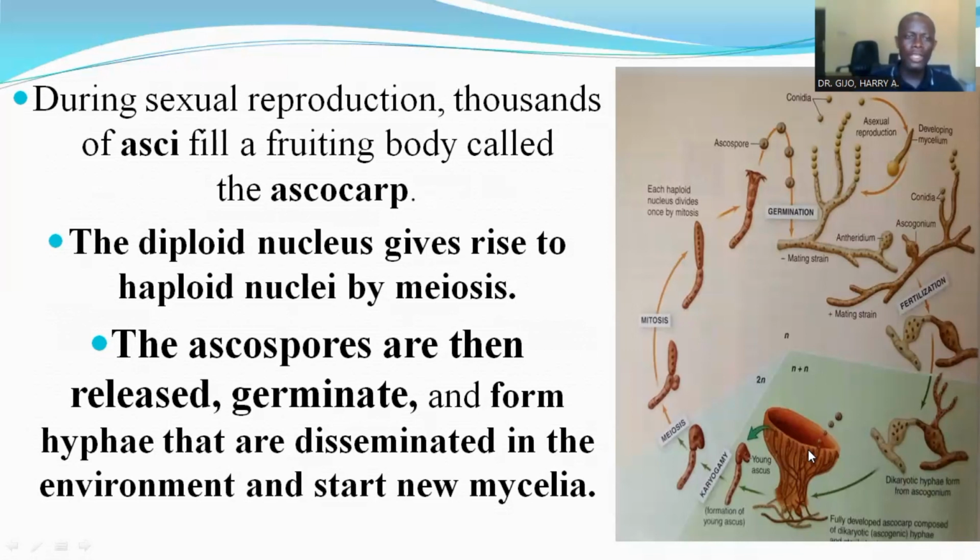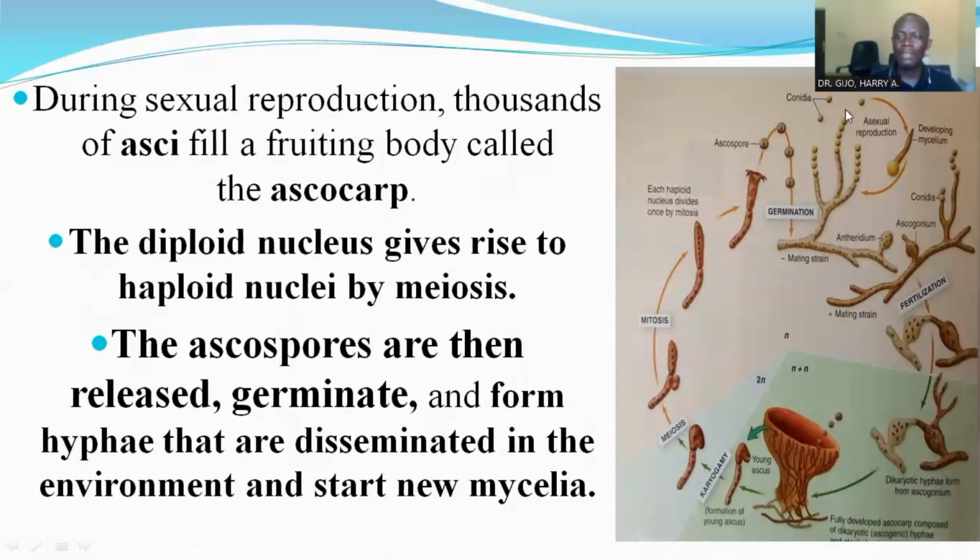The diploid nucleus gives rise to haploid nuclei by meiosis. So meiosis occurs here, and it results in the production of haploid hyphae. The ascospores are then released, germinate, and form hyphae that are disseminated in the environment and start new mycelia. So when these are introduced into the environment, they germinate and produce ascospores that eventually germinate to